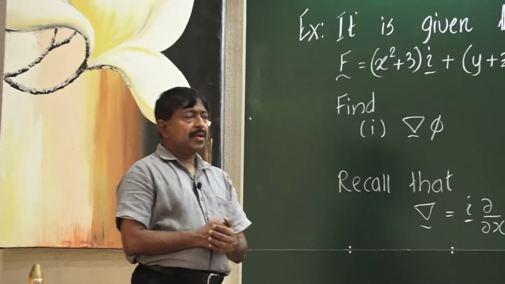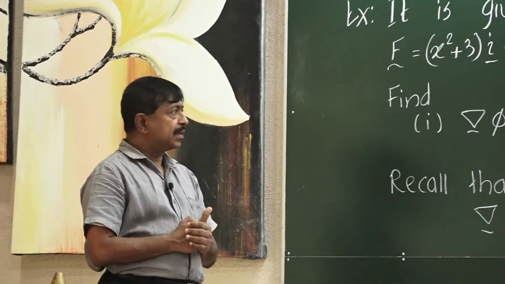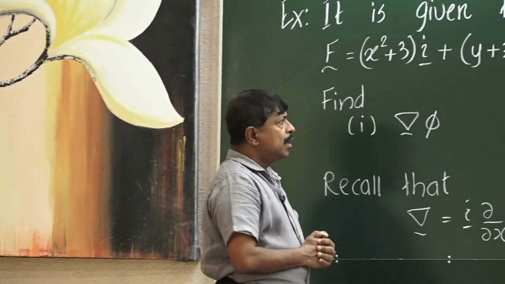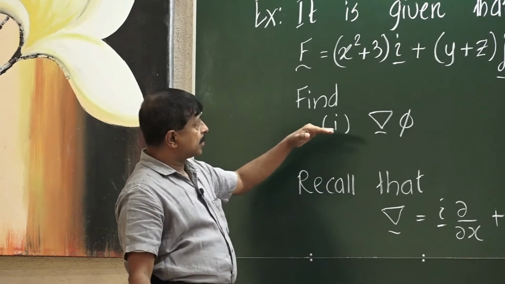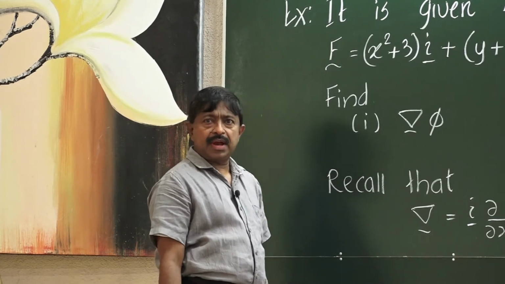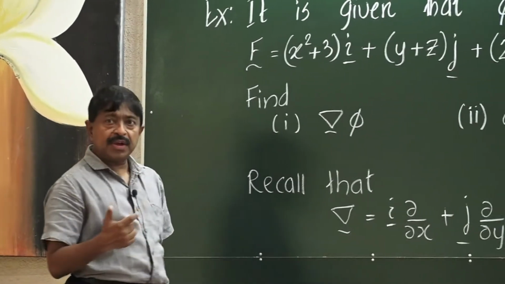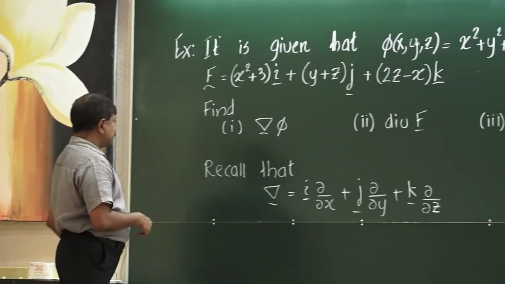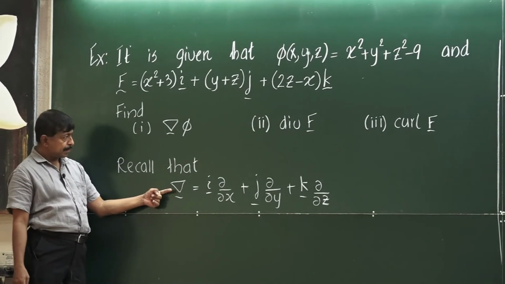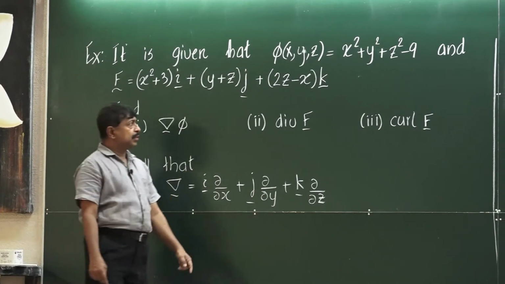All right. Now, this is a straightforward problem. In this case, we just try to find grad phi, div f and curl f once f and phi are given. Recall that the gradient operator is this one. Now, if you switch to the first problem,